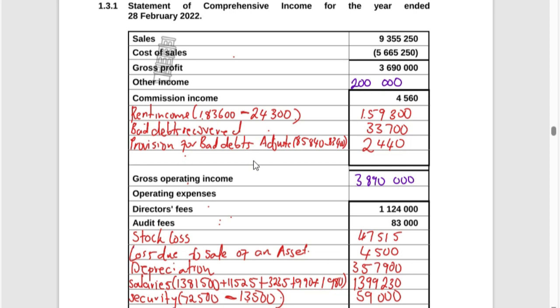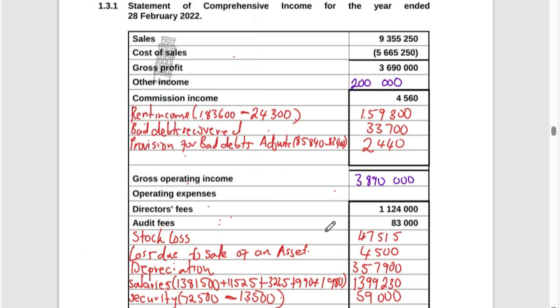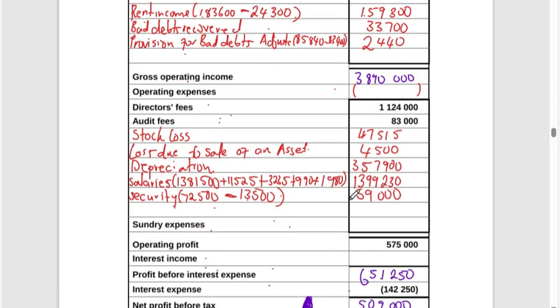And our operating expenses will be shown in brackets. Let's make sure that we show them in brackets, and then we are going to add all our